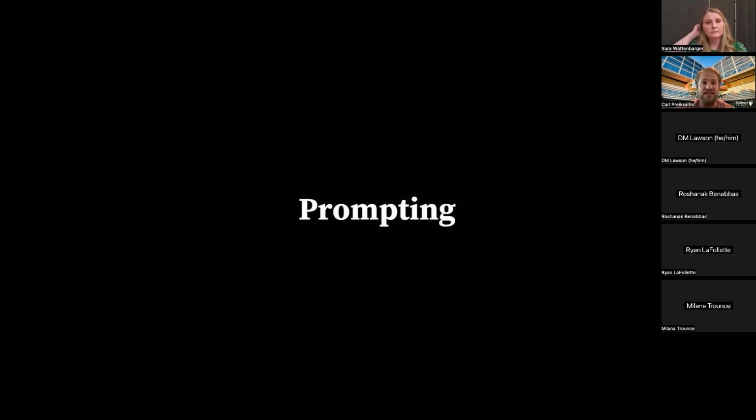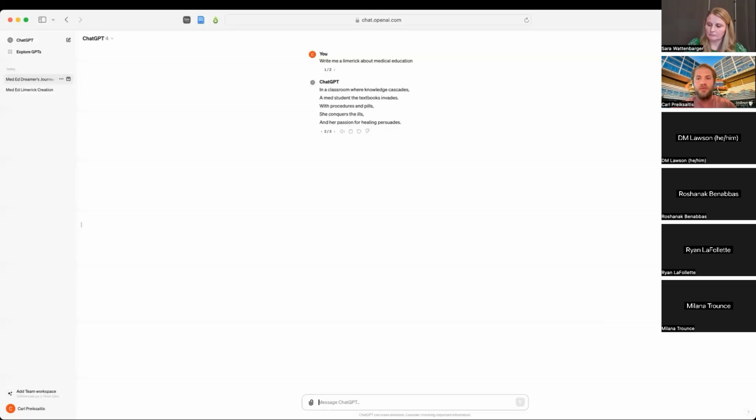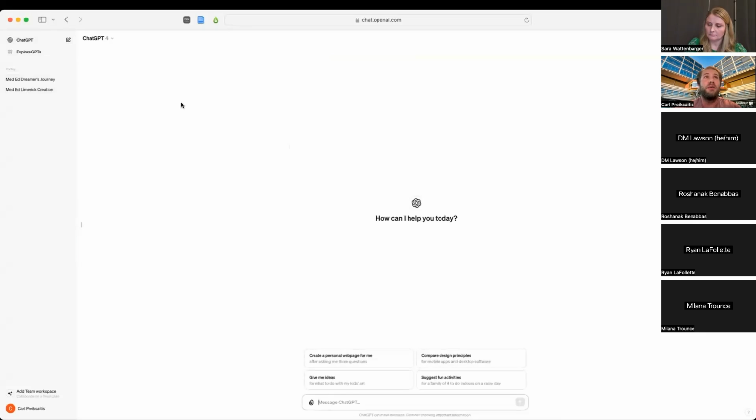And good instructions in this case aren't necessarily short instructions. Sometimes prompts can be very long, and that doesn't mean that it's going to be problematic. Sometimes having a long prompt can be very beneficial. The third is that you can provide examples to the AI if you want it to produce a certain type of response. So let's go back over to ChatGPT and go through some examples of how you might create a